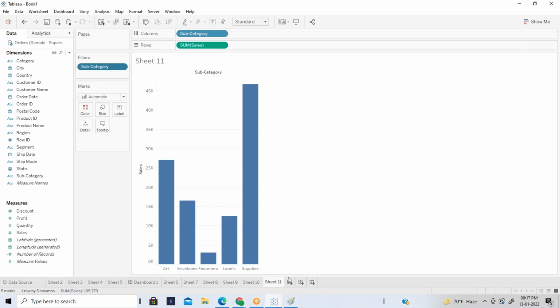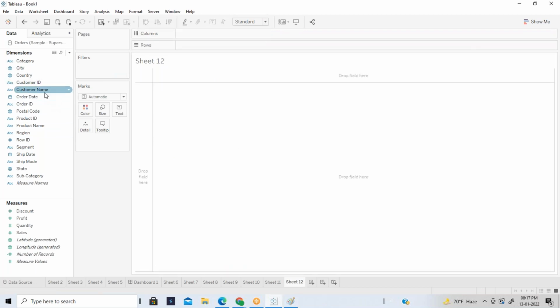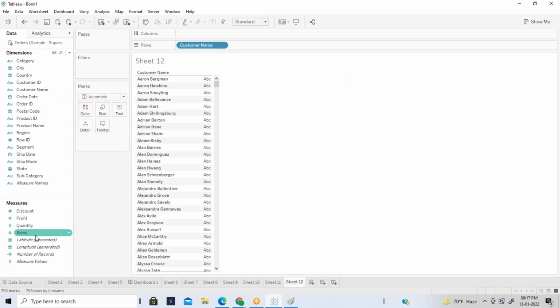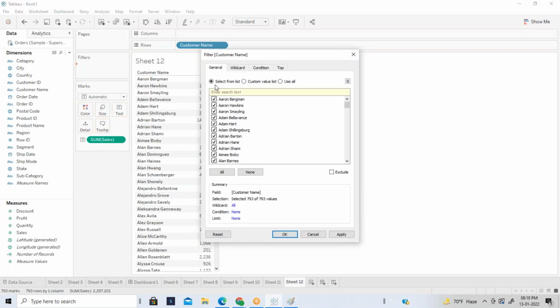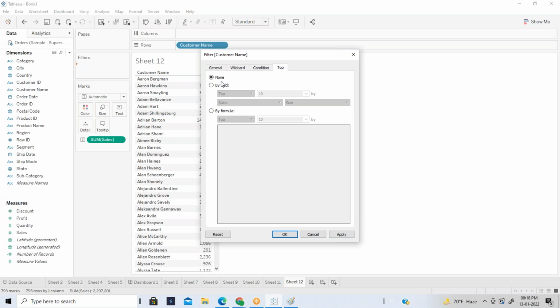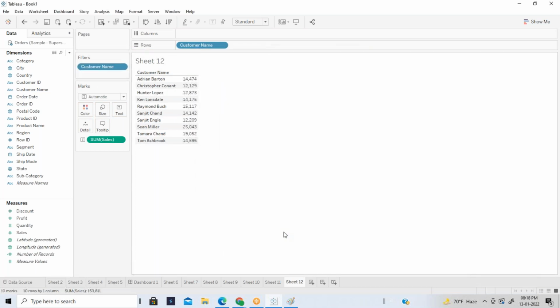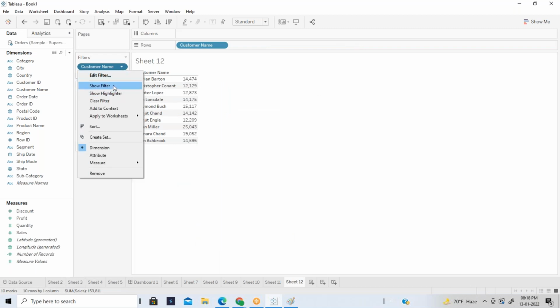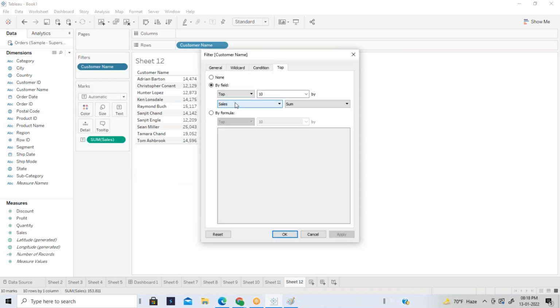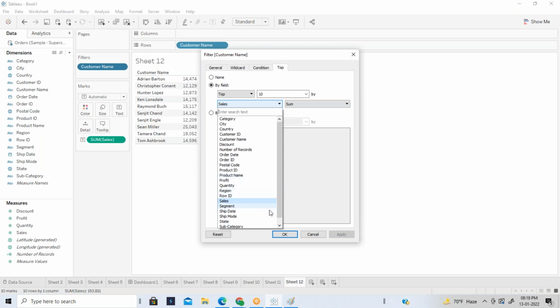Fine. Now I'm going to display the customer name and sales. I want to see the top 10 customers' data. Then take the customer name, go to the top 10 customers, click OK. But I want to see the top 10 profit customers. Edit the filter and select the profit.